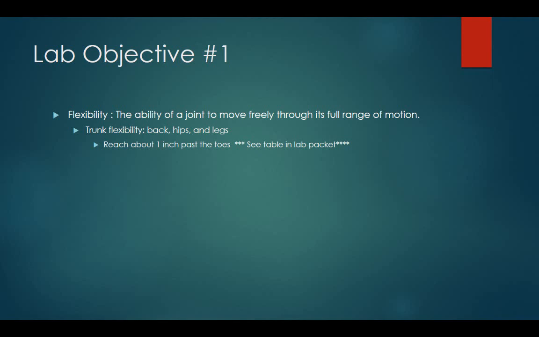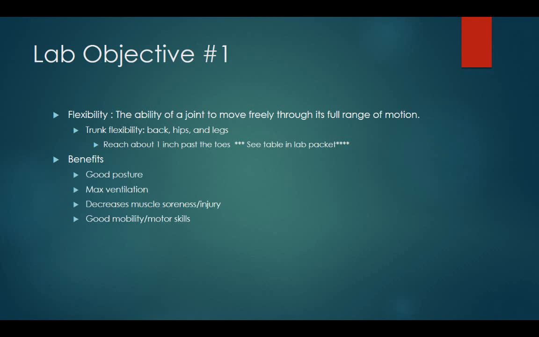So basically you would have somebody sit down with their buttocks on the ground and their legs straight out and their feet pressed flat against a device, and they would put two hands in front of them and reach as far forward as they can, basically pushing this little marker forward, which tells them how far they were able to stretch, and that then would correlate to a flexibility score, if you will. So obviously you won't be able to do that, but what we do want to talk about